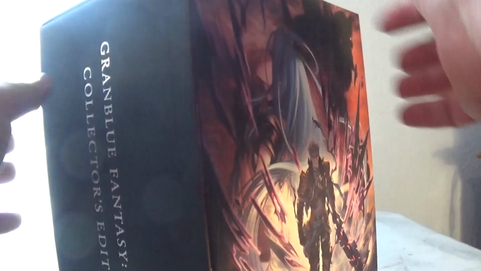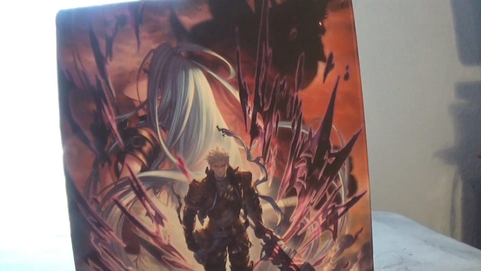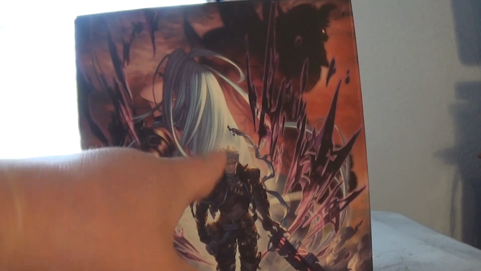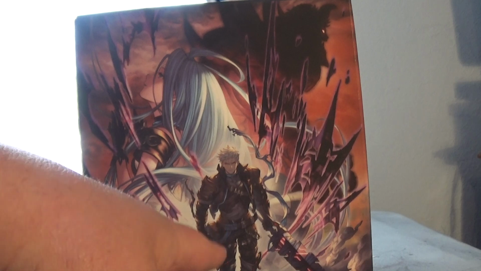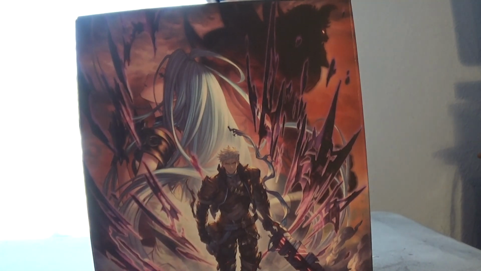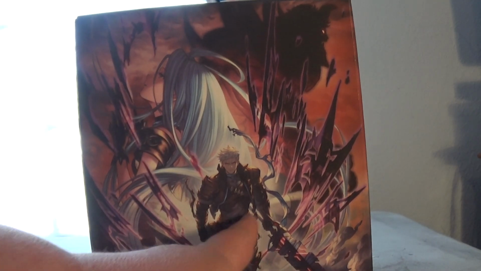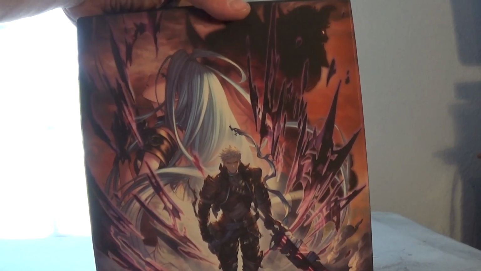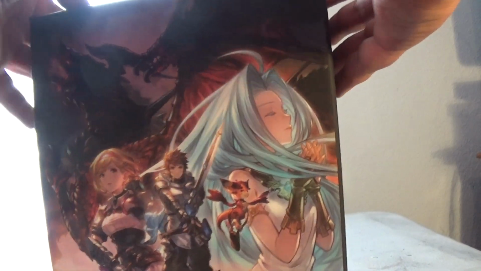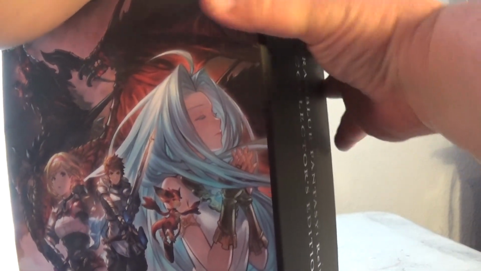And of course, before I forget, take a look at the box on the back here. You got Lyria and this guy right here. His name's Id. He's one of the antagonists. And he's got a big buster sword like Cloud. I guess he's trying to imitate him or something. But anyway,